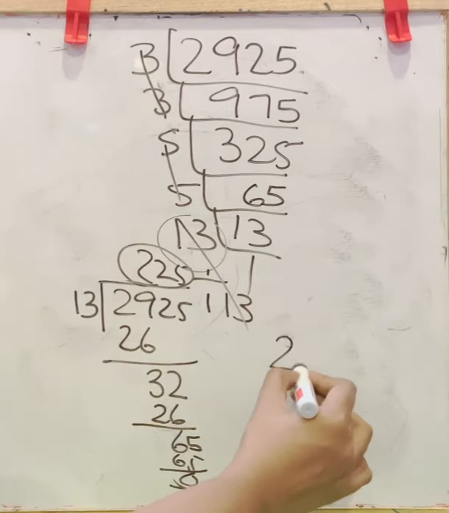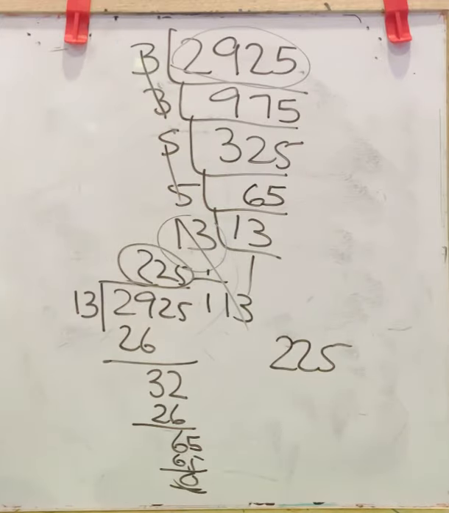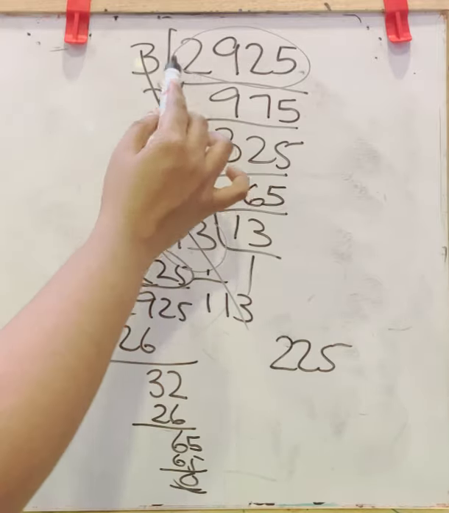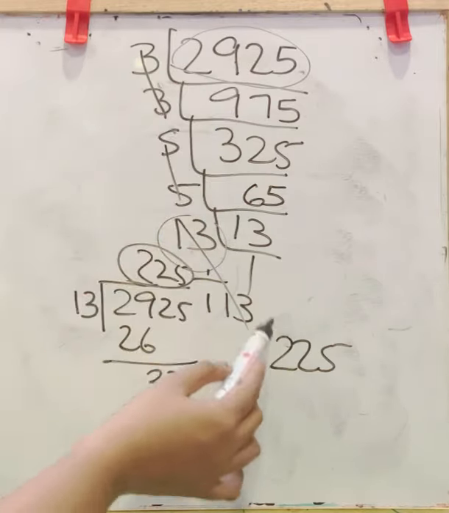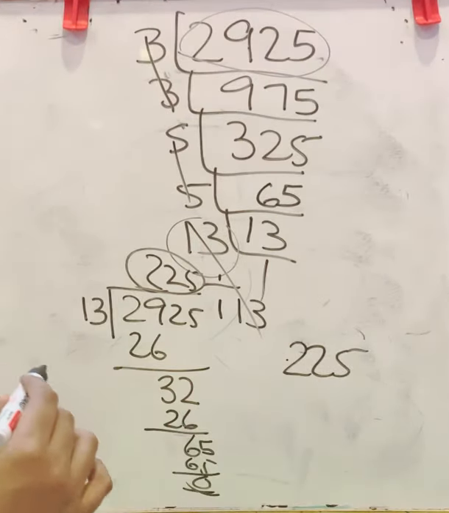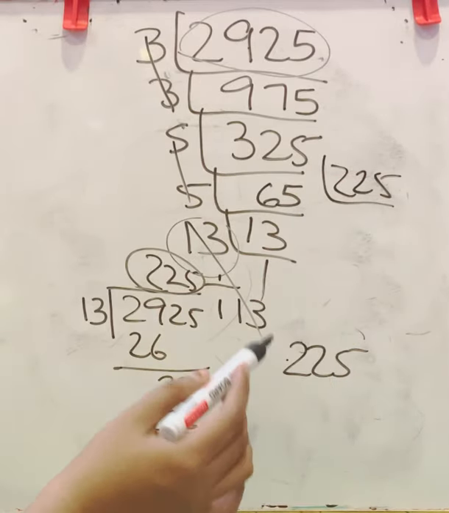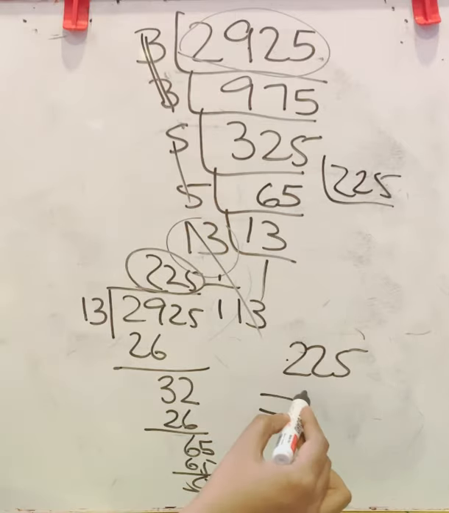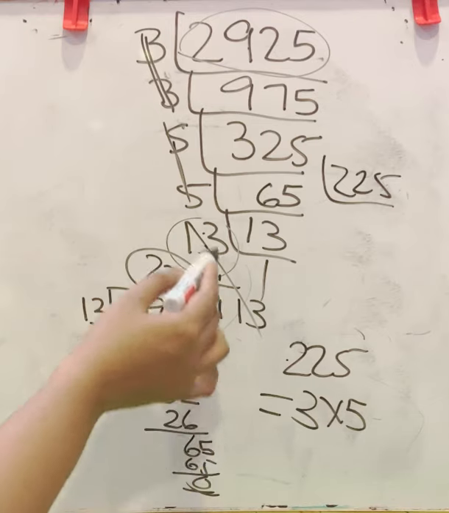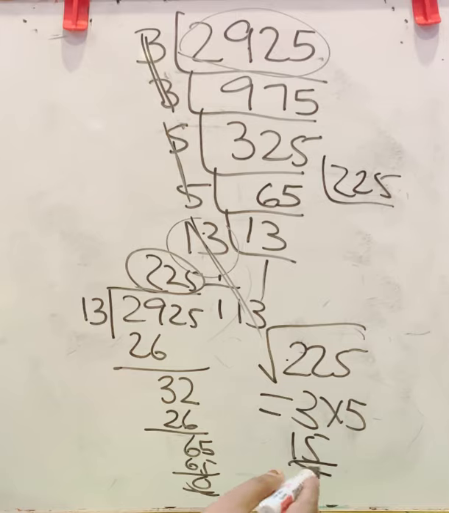You got a new number which is a perfect square, but it is a smaller number than the question. Before, we multiplied a number to make it a perfect square and we got a bigger number than the question. Now it is division, so we got a smaller number than the question. This is the perfect square number. Either you can find the square root by factorization of this number, or you can say now we have 3 and 5 as pairs, but 13 we already divided, so no 13 in it. So 3 5s are 15. Square root of 225 is 15.